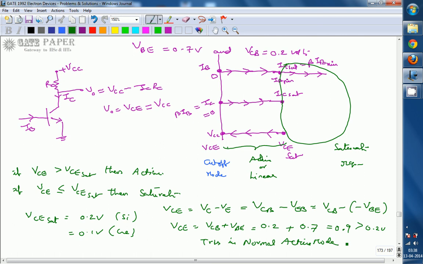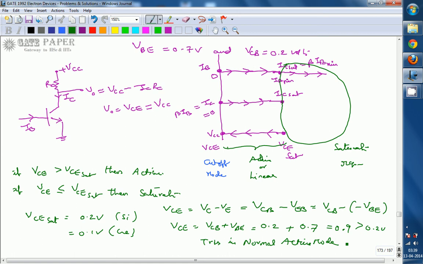A transistor never operates in reverse active mode. Remember that one. Why? Because a transistor is a current control device, which means the output current should depend on the input current. So IC must depend on IB. Inverse active mode is where the emitter base junction, which is normally considered the input junction, is reverse biased and the output junction is forward biased.